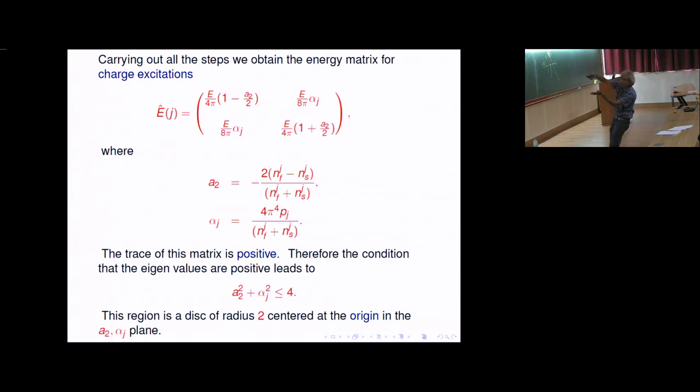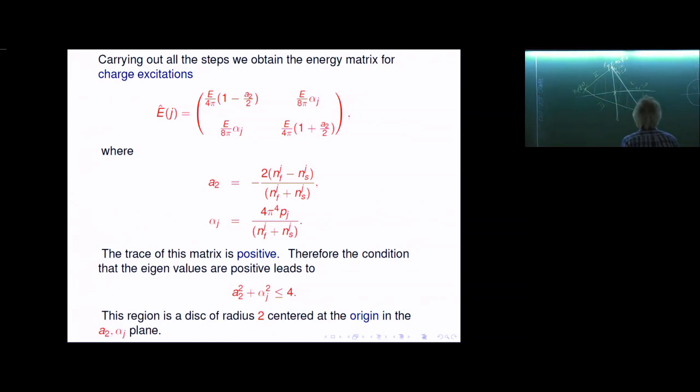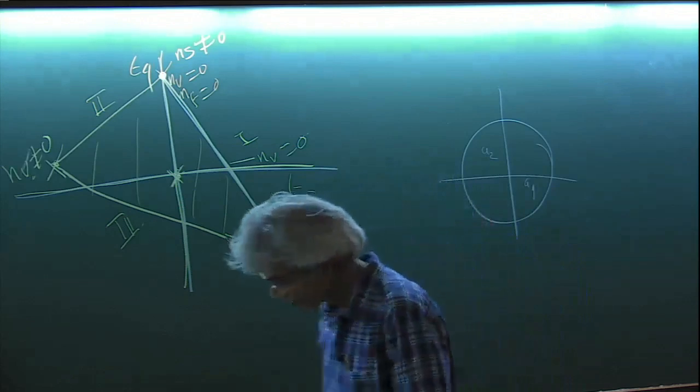So you see, the parity odd part actually comes off diagonal. This is the first instance where the matrix comes off diagonally. And if you demand that the eigenvalues are positive, which essentially translates to the determinant being positive, it turns out that these coefficients, A2 and AJ, have to lie inside a disk of radius 2. Okay, so unlike in 3 dimensions and higher, now we have a disk with 2 parameters, alpha 2 and A2 and AJ. So it's a disk, and